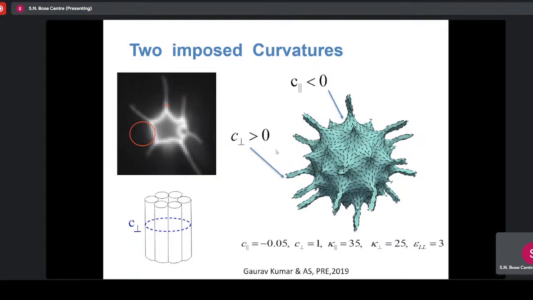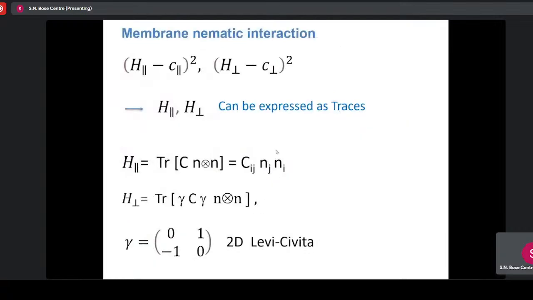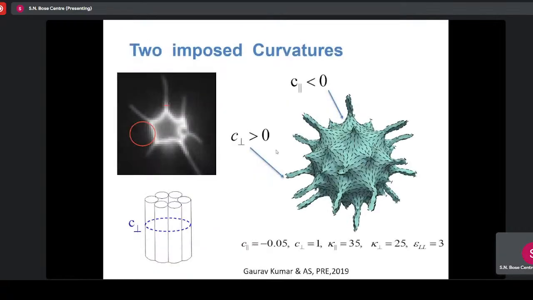You can accept that, because if you have a Hamiltonian like that, the sign of that matters. The minimum is at C perpendicular. If one is positive and one is negative, you have a different kind of curvature, by minimizing energy. So C positive or negative means concave or convex. Once you have this, the other one is obvious.